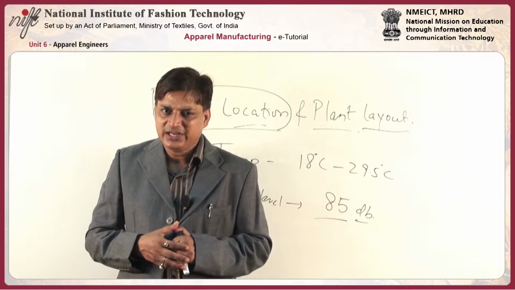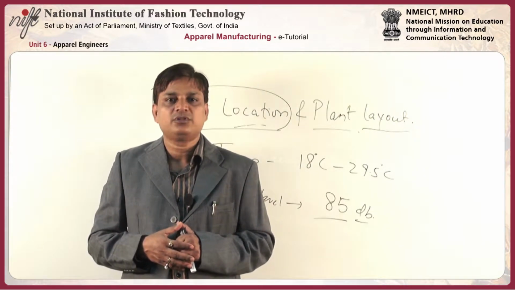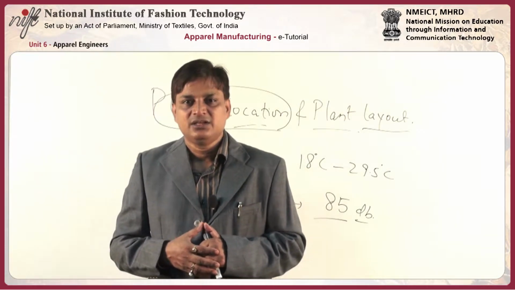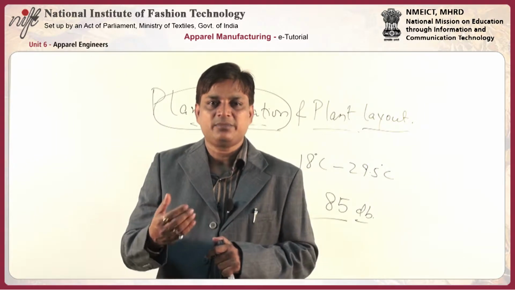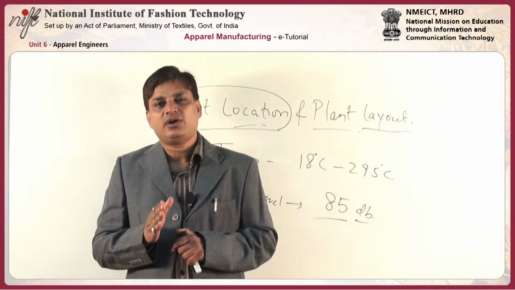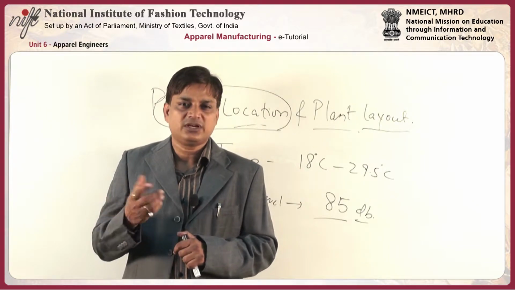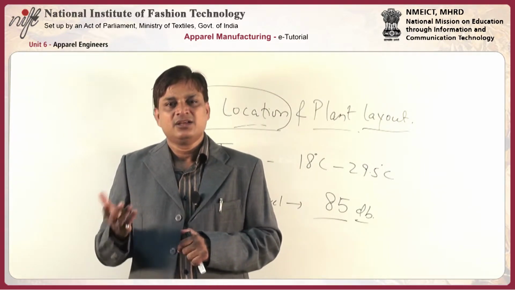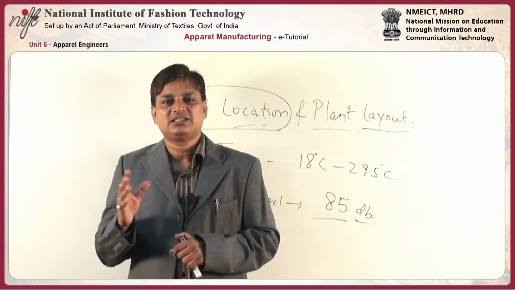Then toilets: there should be separate toilets for each gender, depending upon the number of employees of each gender. The toilet requirement can be like this. If it is 1 to 15 employees, one toilet has to be there. 16 to 35, two; 36 to 55, three; and so on, and above 150, one additional fixture for each additional 40